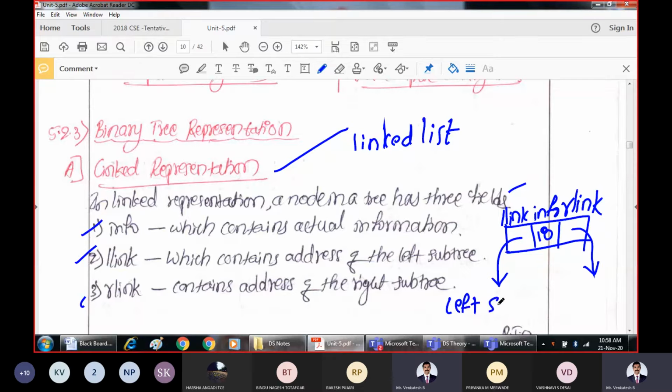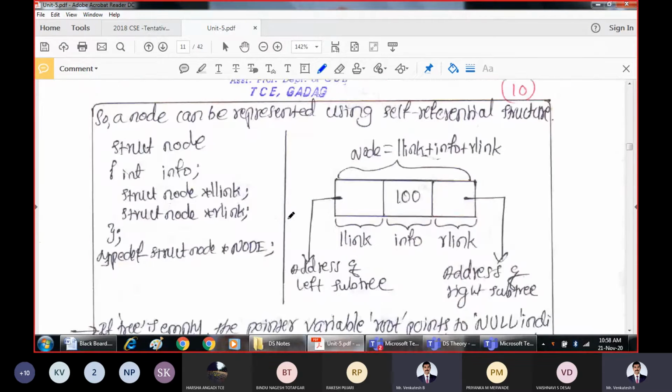Diagrammatically, every node contains three parts: left link, info part, and right link. The combination of all these is called a node.